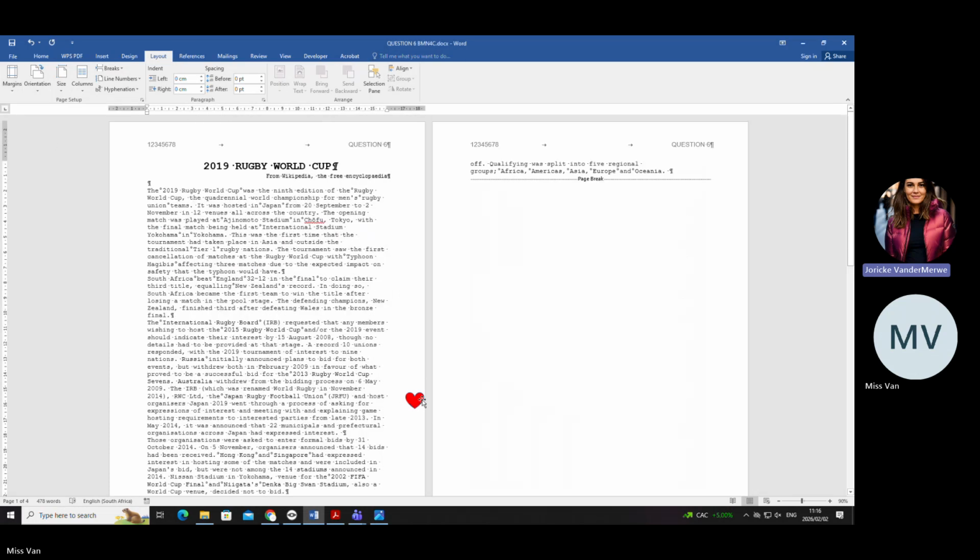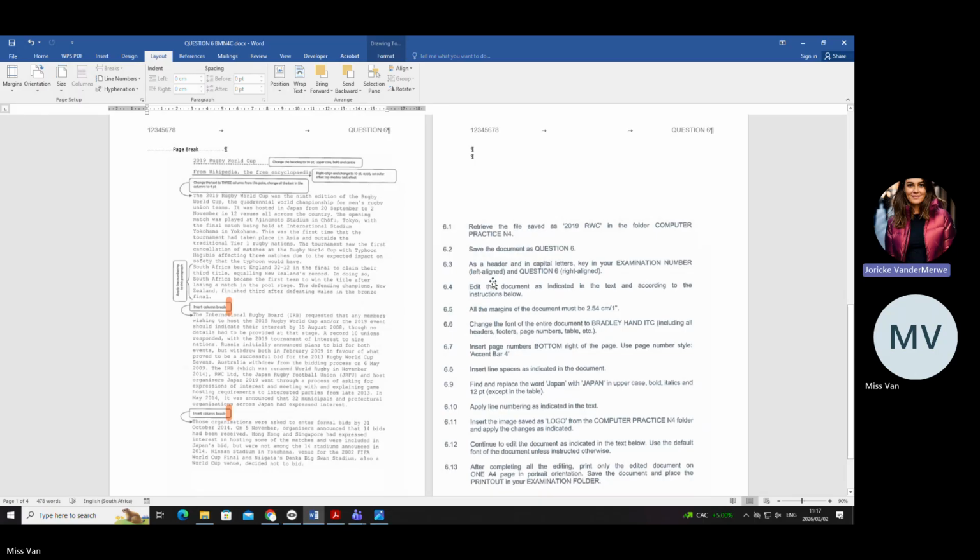Can you see the space where the heart was previously is now bigger? And can you see the gray area is also bigger? Okay, I hope you can see that. All right, so we've done 6.4. You can tick it off. 6.5, sorry.